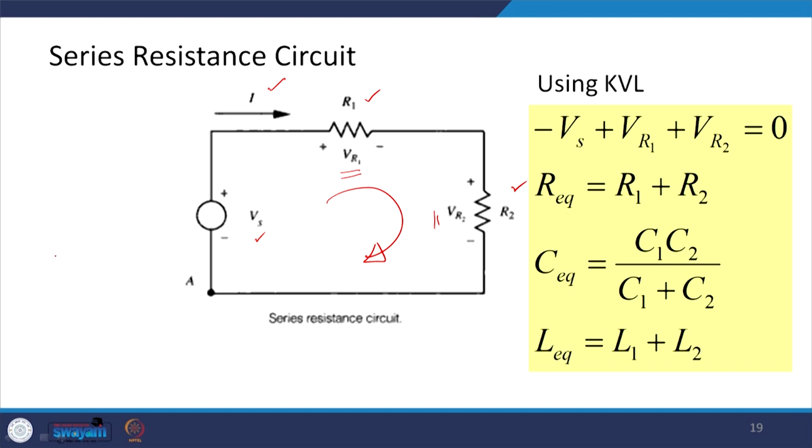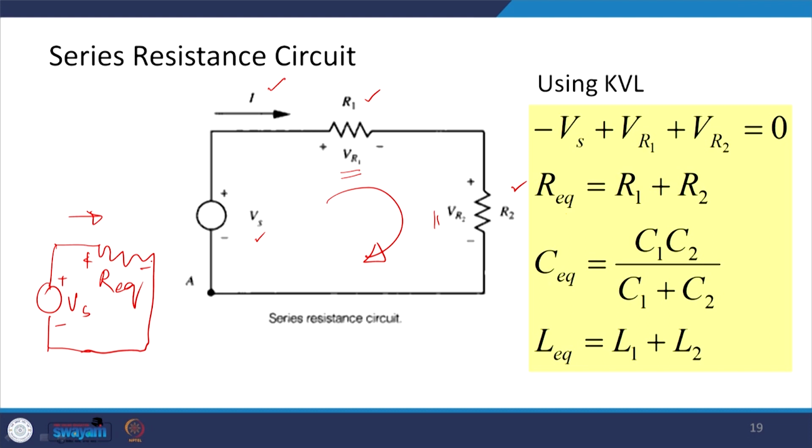That is, I will have a voltage source here, and I will have an equivalent resistance for this, which I can say is R equivalent, and this is my voltage source. Okay. This way this is my direction of current. So, this is my positive and this is my negative. So, this way I can write.